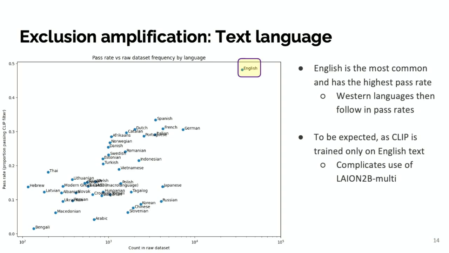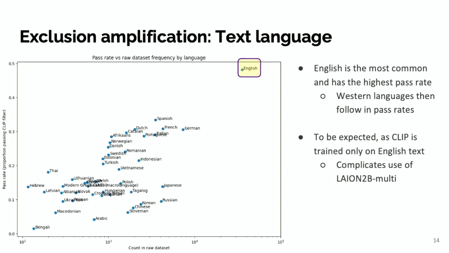Regardless, though, this complicates the contribution of the LAION-2B multi data set, in which its creators tout this data set as being multilingual and diverse and representative, but we now know this isn't the case because Western languages are actually being upsampled more. And we also know that the web itself is not going to be a representative makeup of the language distribution of the world, but this filtering actually compounds that further.